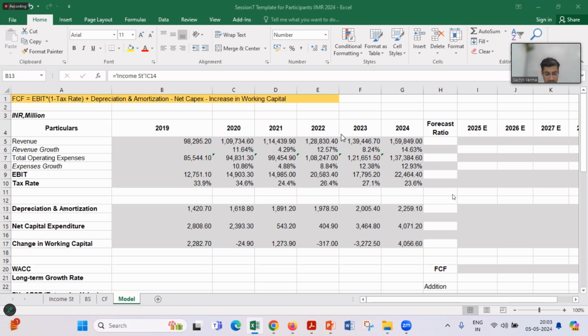Because so much judgment goes into the computation of this, so many assumptions go into computing this. Our goal should be to come up with an approximate value of the company. We are okay with that. We may not be able to come out with the true or precise value. However, we can come up with the approximate value of the company. That is all we are trying to do. That is what I wanted to remind you before we start this exercise.